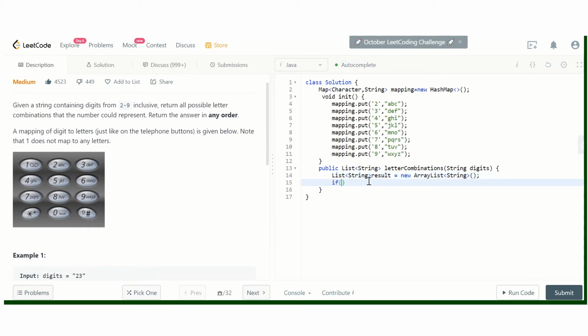If digits equal to null or digits dot length equal to 0, then we simply return this empty result list. Otherwise we'll calculate its size, digits dot length. Okay, and one string builder.